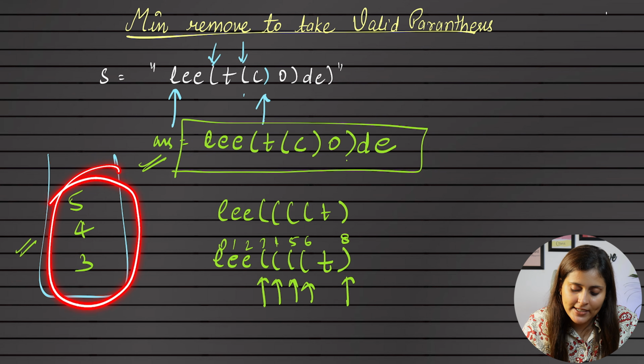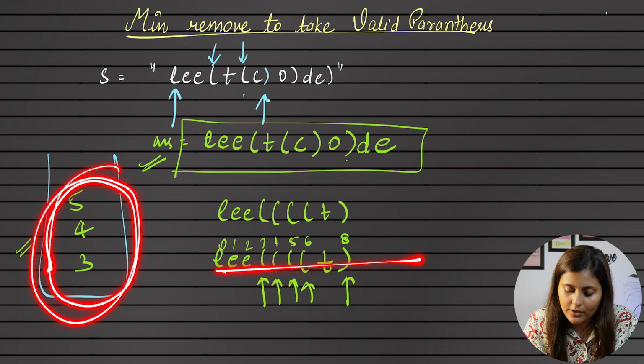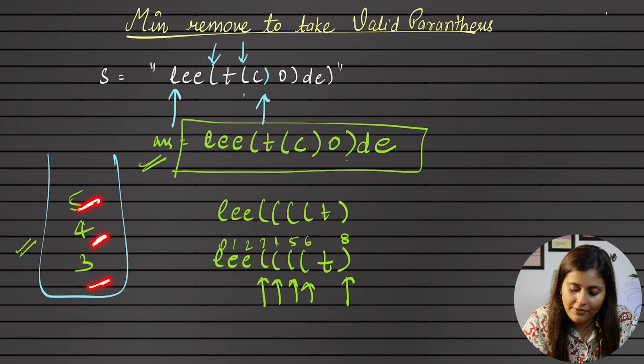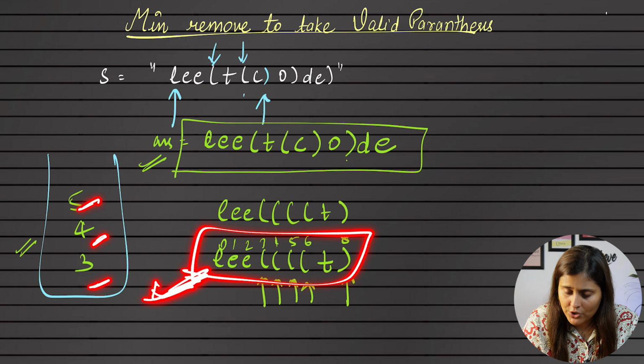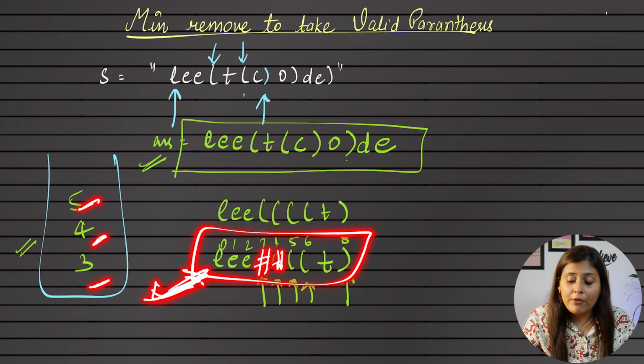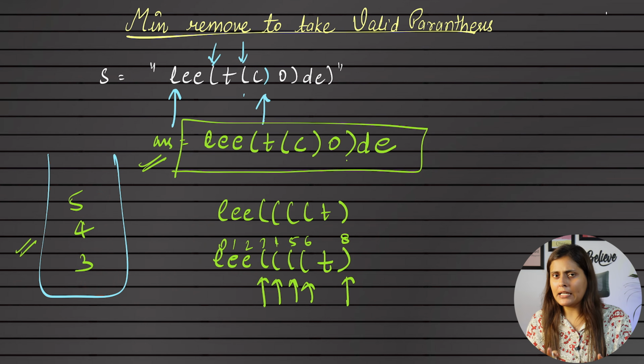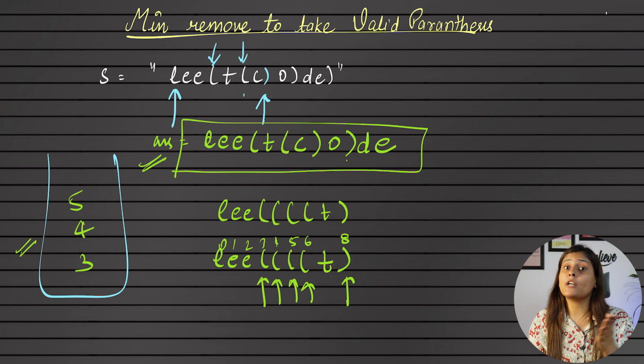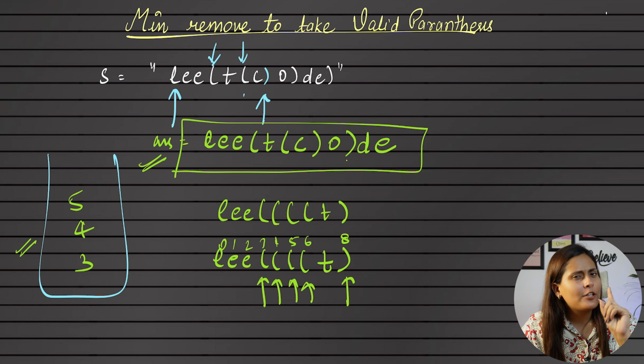So we will iterate over this stack, and whatever index we have, we'll go to that index in the string which we took and mark it. Correct? And now to return the final answer as a result, we will only include those characters which are not hashtag. Am I clear? So that will save our extra time complexity also. So can we write the code for this?